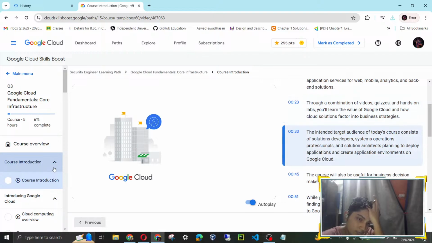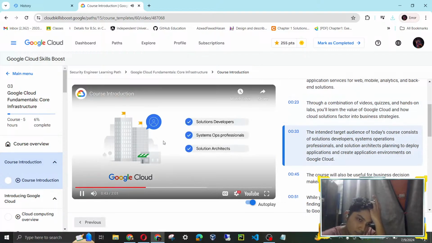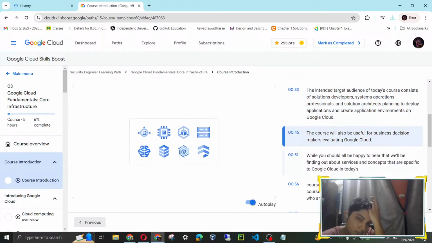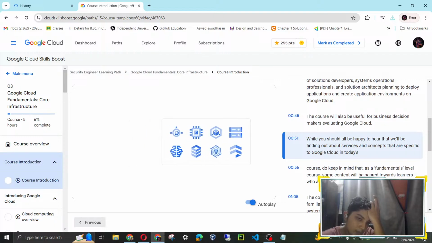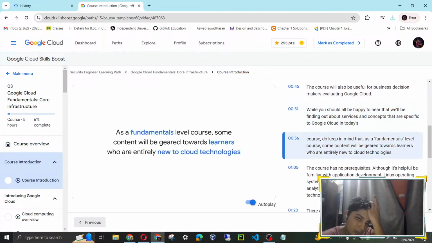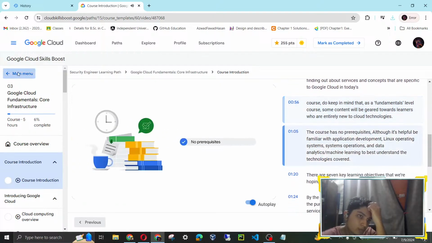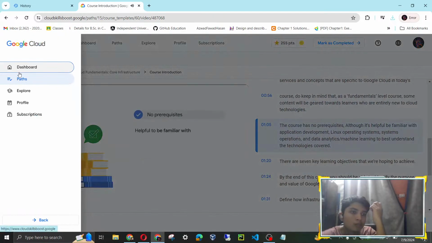The intended target audience of today's course consists of solutions developers, systems operations professionals, and solution architects planning to deploy applications and create application environments on Google Cloud. This course will also be useful for business decision makers evaluating Google Cloud. While you should be happy to hear that we'll be finding out about services and concepts that are specific to Google Cloud in this course, do keep in mind that as a fundamentals level course, some content will be geared towards learners who are entirely new to cloud technologies. This course has no prerequisites, although it's helpful to be familiar with application development,